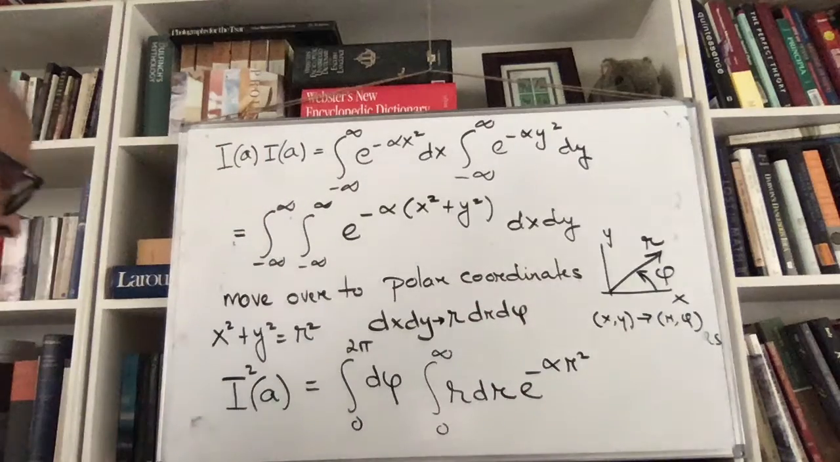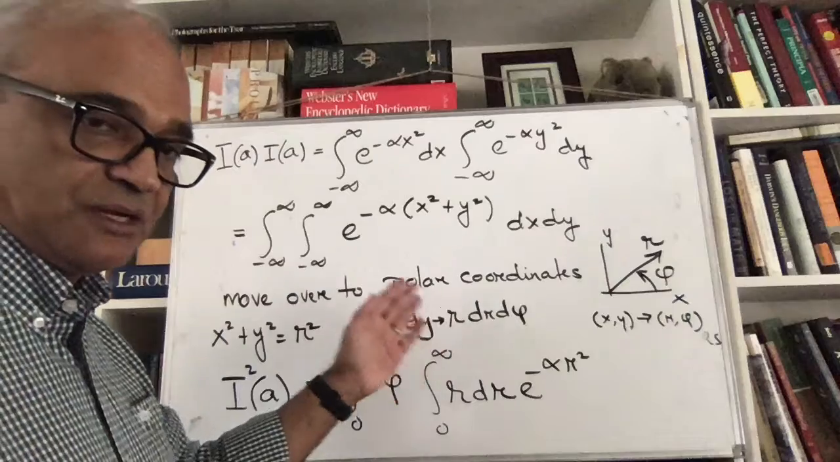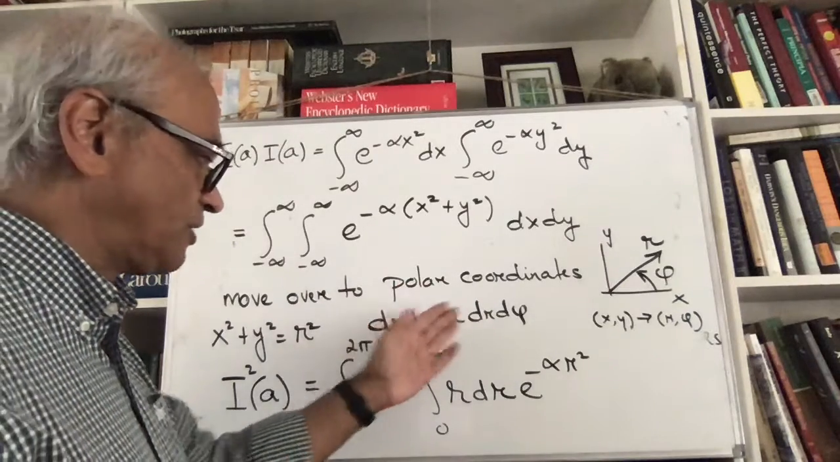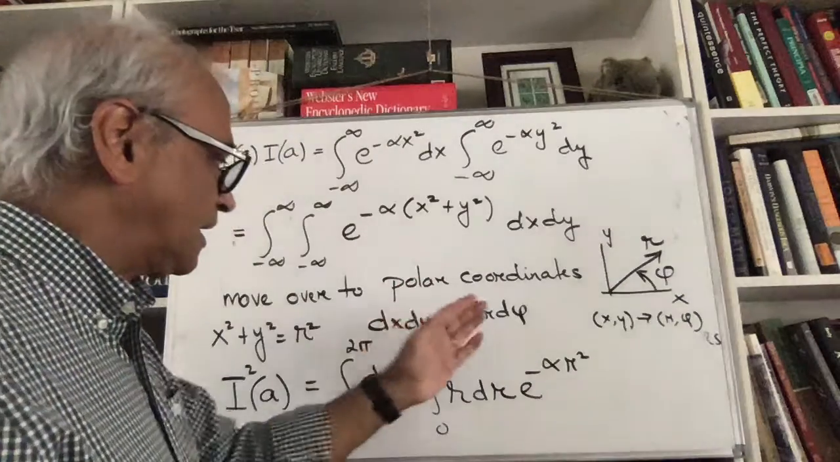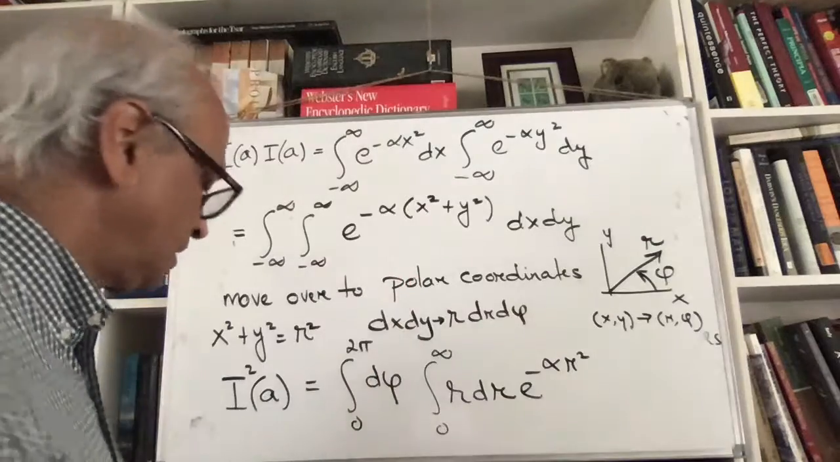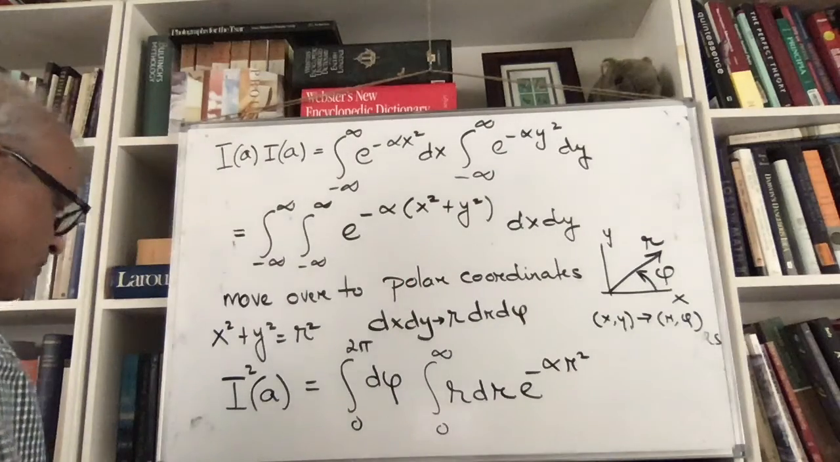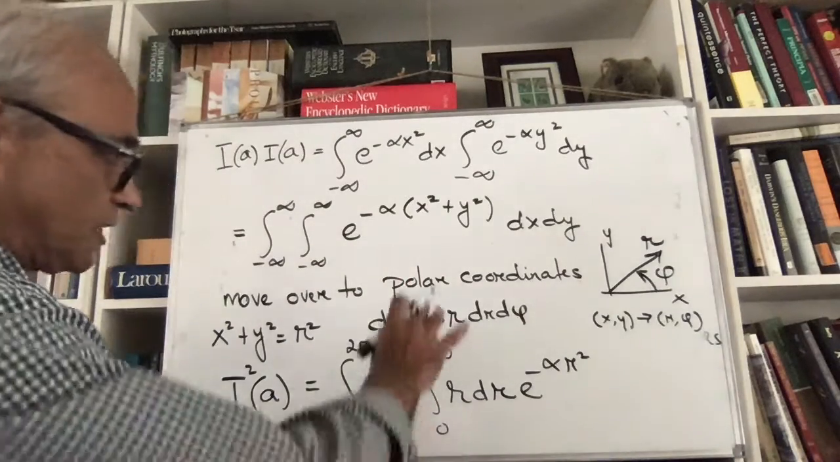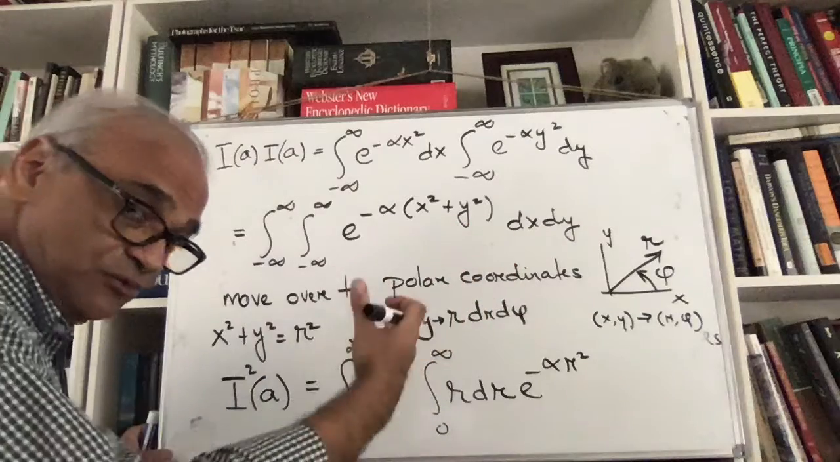Make sure that you, I'm not going to go through this system, why you can do this Jacobian. I'm assuming that you know that that's how the conversion happens. Okay,